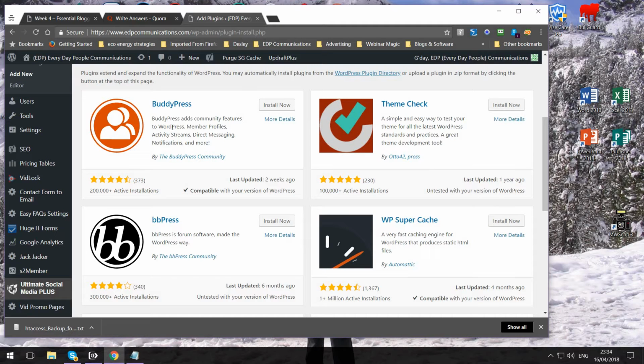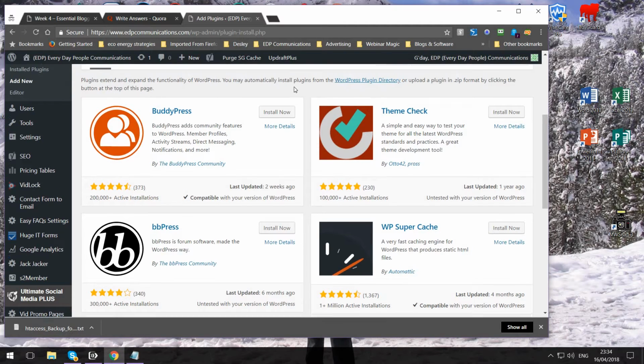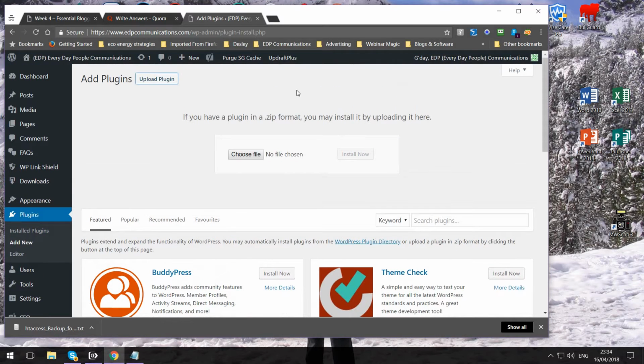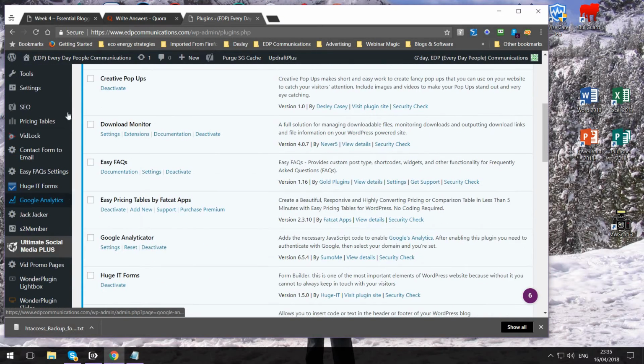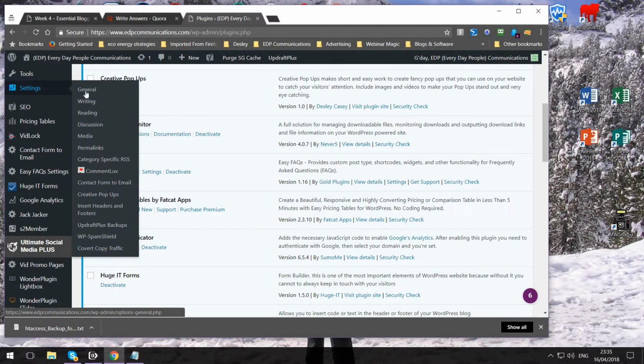Now I'm not going to do that because I've already got the plugin installed, and if I go to my installed plugins, you will see Creative Pop-ups is sitting here. So what you can do after that is it'll sit under your settings toolbar, and you'll see the plugin name Creative Pop-ups there. Click on that,